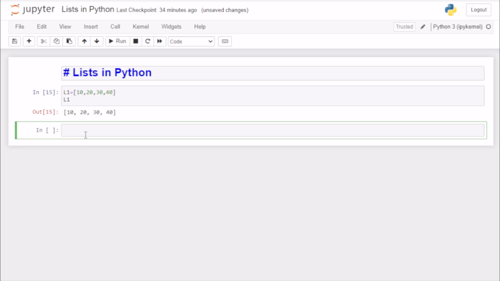Another way to create a list is by using a list constructor. So suppose I'm creating another list L2 with the list constructor. So I'm going to use this list class, then in brackets just specify the elements which you want. So suppose I want to create a list of fruits. So I'm going to write apple, comma, banana,